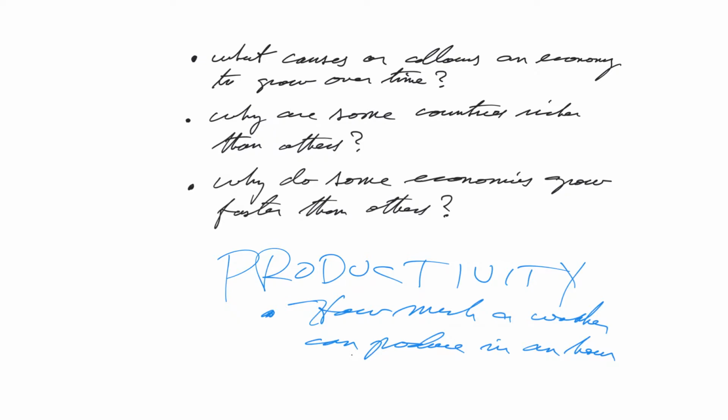So, why do we have a higher standard of living here in the U.S. than, say, in Uruguay? Because a worker can produce more stuff in an hour than a worker in Uruguay. It's that simple. It's about producing the stuff, okay? We've got to produce it. Before we can redistribute it, we've got to produce it. So we're not talking about redistribution. We're talking the actual wealth must be created. And that's what we're talking about when we talk about productivity.